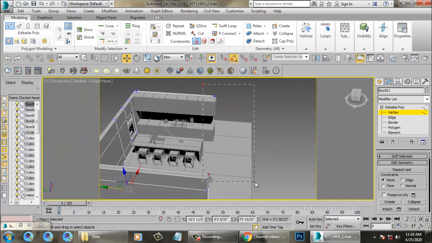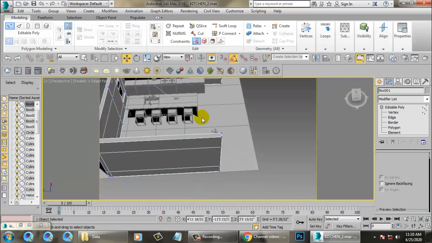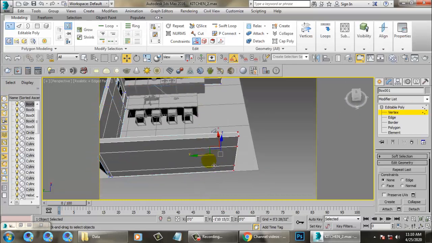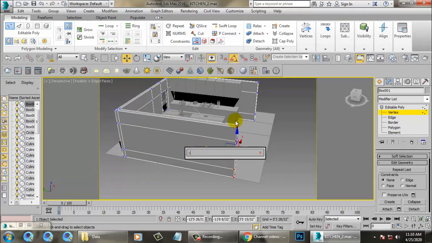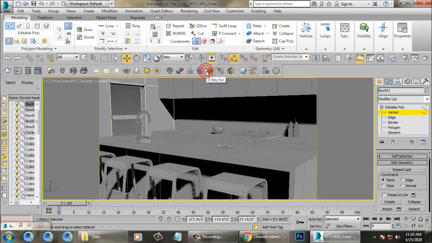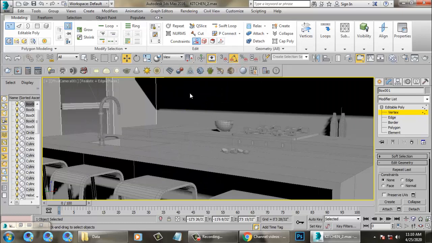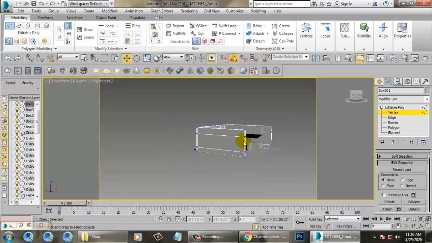Select this and push this till here. Better. Now if you go back to the camera view, nothing has been changed over here.